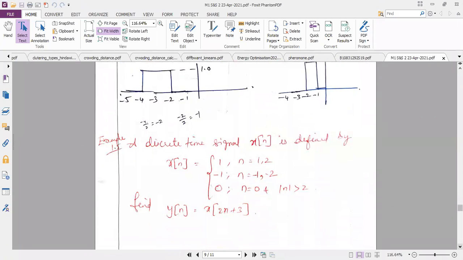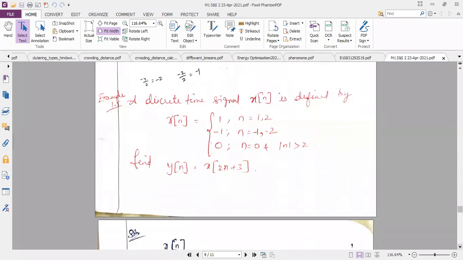Now, can we do it for the discrete time signal? Please write down the question, everyone. A discrete time signal x of n is given by. Complete the question. Now we are doing it for the discrete time signal. The difference between the previous question and this question is that that was a continuous time signal, and this is a discrete time signal. I think you can complete this problem by yourself.